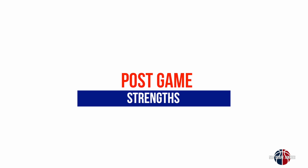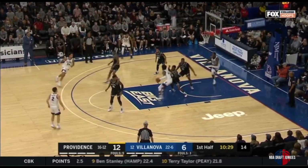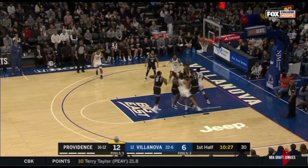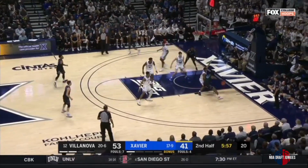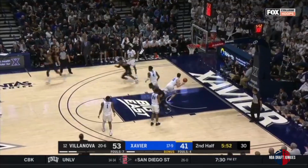Which leads to my next strength, which is his post game. Again, I don't expect to see him get many post touches, but he has the strength, touch, footwork, and passing skills to be an effective post player in certain matchups, especially if a team tries to hide a weak defender on him. Against the shorter